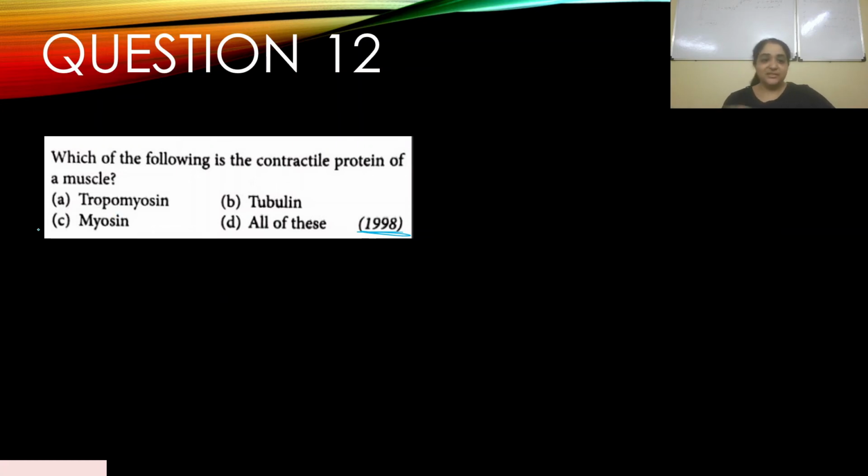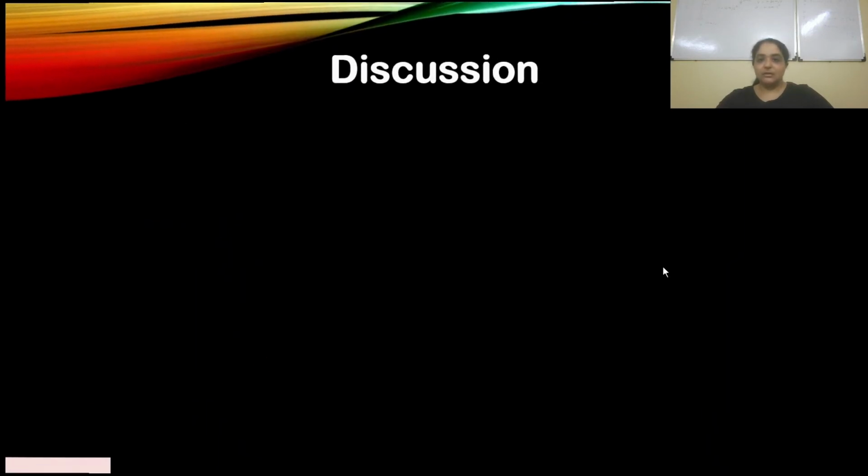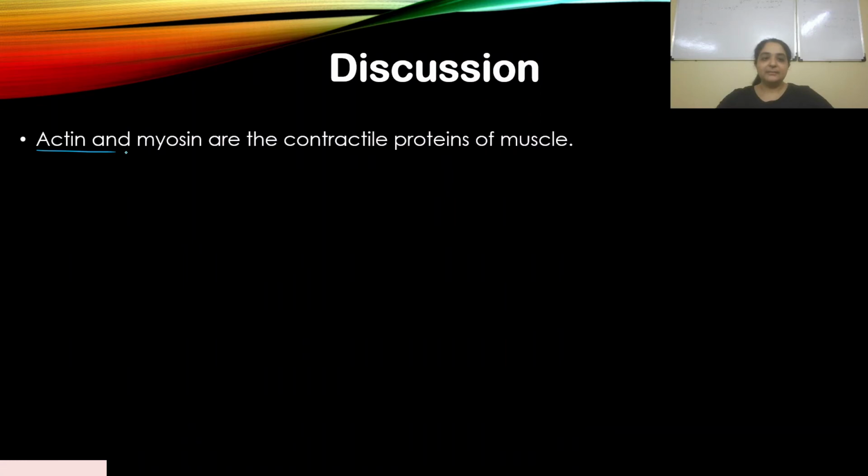So, already discussed this, guys. C. Myosin. That is the contractile protein of the muscle. So actin and myosin are the contractile proteins of muscle. We've already discussed this. Is there an NCERT topic called contractile proteins? They have explained the structure of actin and myosin there. There's not much explanation required. It's quite direct, right? If in the place of myosin it said actin, then you know you have to choose actin. Okay. All right.